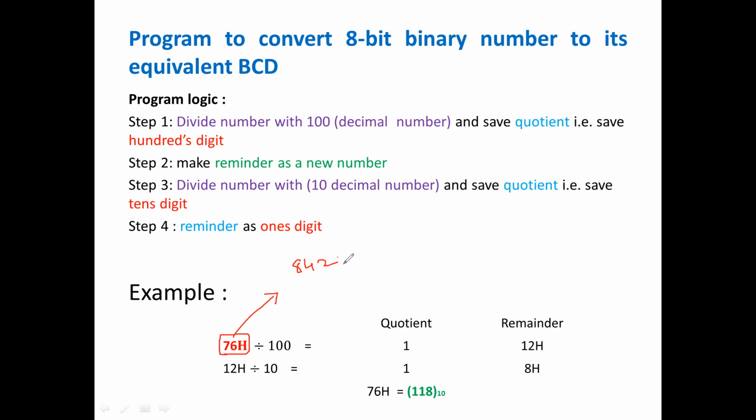8421, 8421. So 8-bit. If you convert this value, it will come 0, 1, 1, 1, and then 0, 1, 1, 0. So this is the binary value you are going to provide to the controller. Once you provide this binary value, it is going to give your output as a decimal value, that is 118.